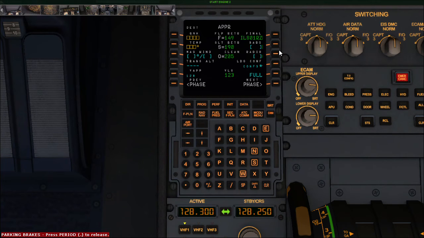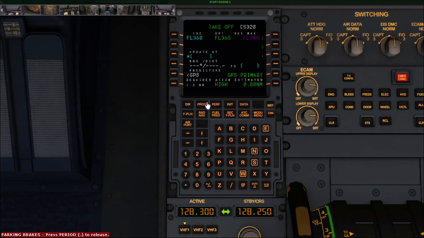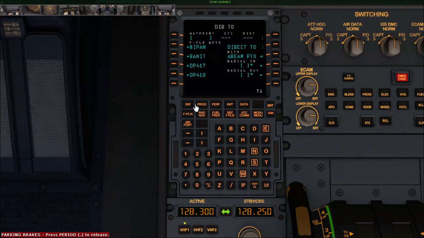Okay. So now next I will go for the progress page, and everything is set. Required 1.0 nautical mile. GPS accuracy is high. So this is all about the flight planning. Okay. So direct page is basically for when you are on a flight and you have to go direct.